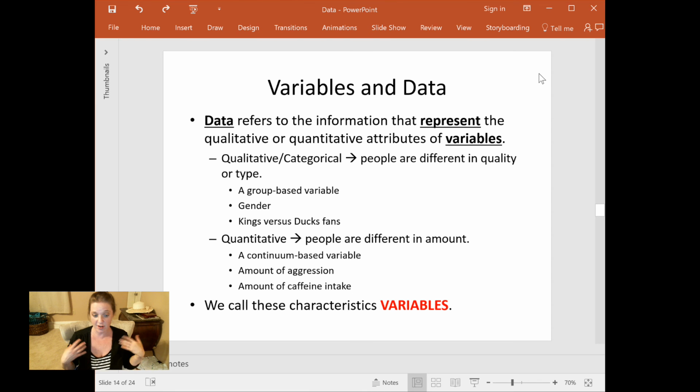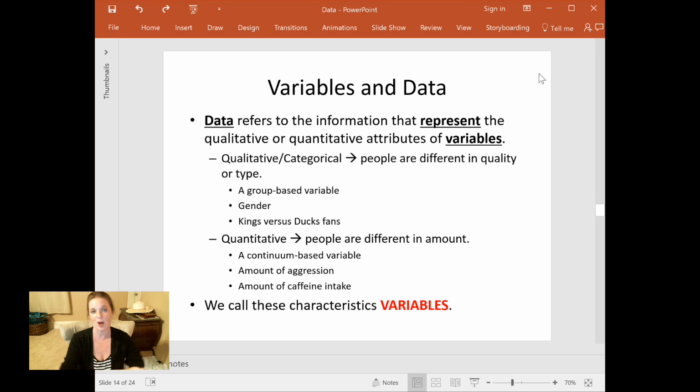The fact that I have light brown hair or reddish hair is my outcome. Having blonde hair is not a variable. Hair color is a variable because that's how people can be different. To say I have blonde hair, that is not a variable. That's my answer to the question. I have blonde hair. I have light brown hair. I have red hair. I have black hair, or whatever people say, right?